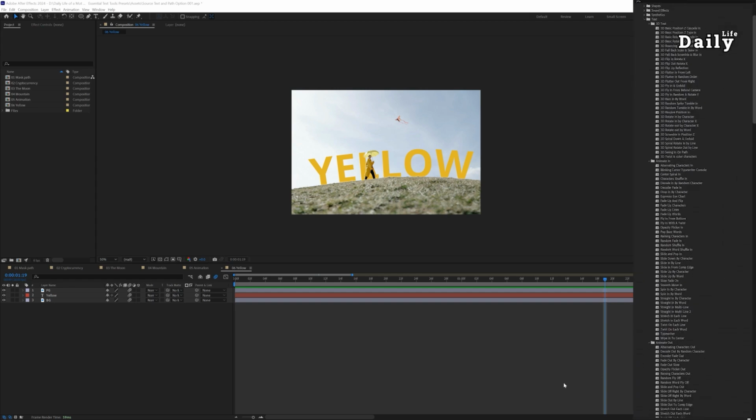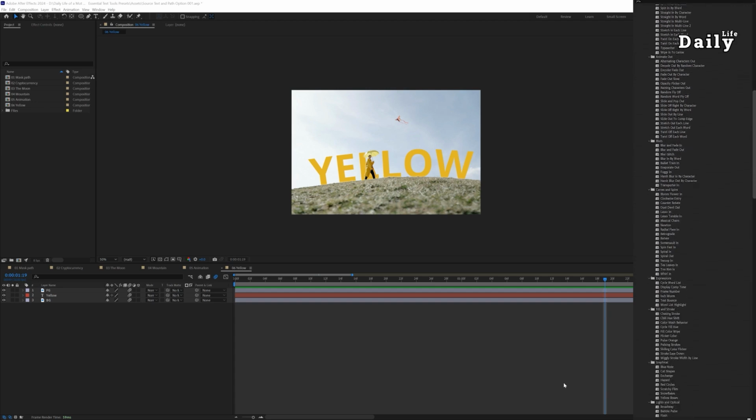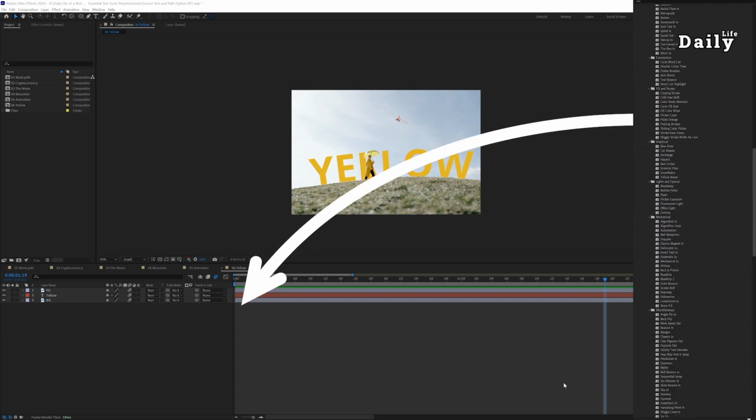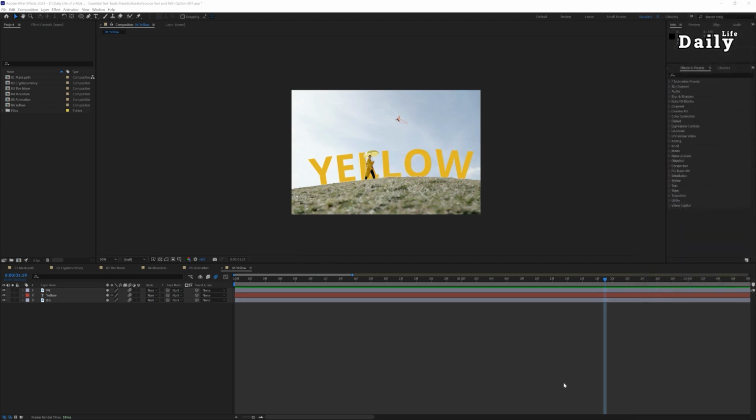After Effects has hundreds of presets. Text presets let you animate text with ease, like fades, slides, or typewriter effects, just by dragging and dropping them onto your layer. They save time and are customizable, making them perfect for both beginners and pros. Let's create a text animation and turn it into a preset.